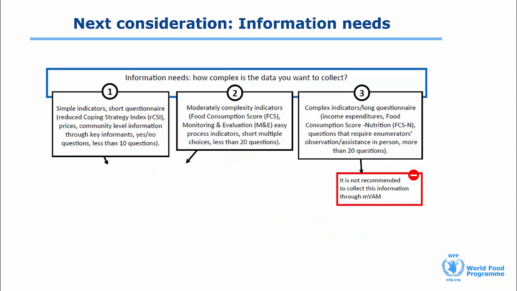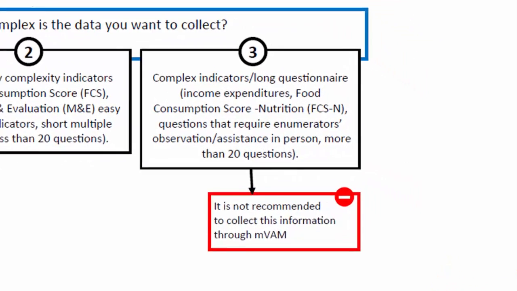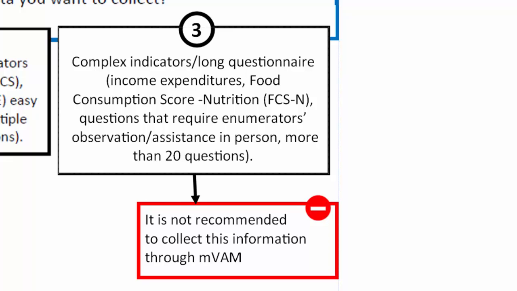The next factor to consider is how complex is the data you want to collect. If you're looking to collect data on complex indicators, such as income expenditures, the Food Consumption Score Nutrition Index, or if you need to ask questions that require enumerators to observe or attend in person, and if you're using a long questionnaire, more than 20 questions, then mVAM is not the most appropriate approach. It's better to collect this type of information through an in-person survey, where an enumerator will help probe and clarify